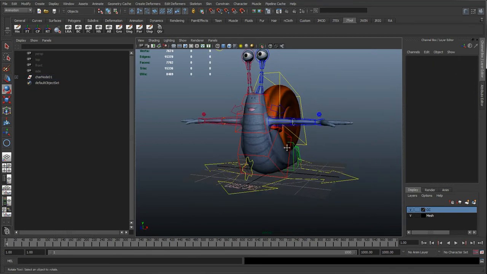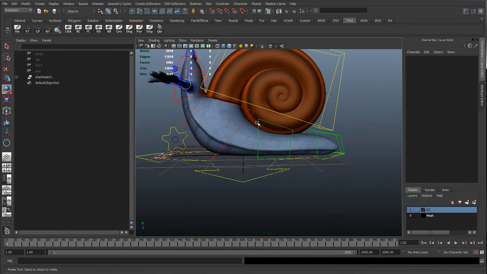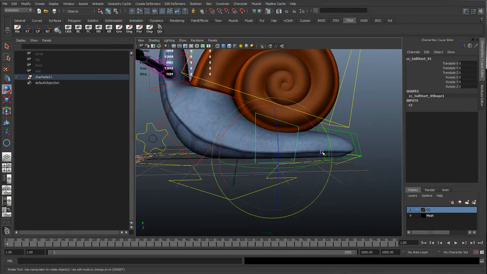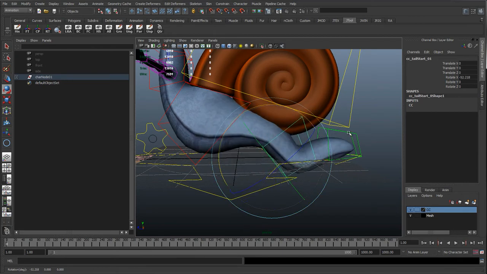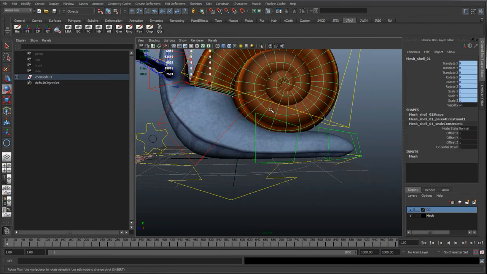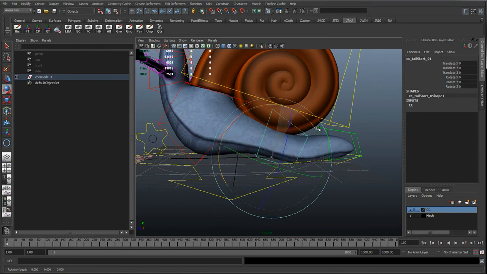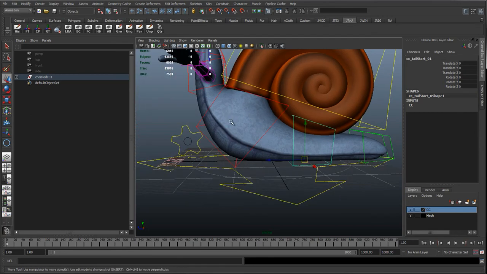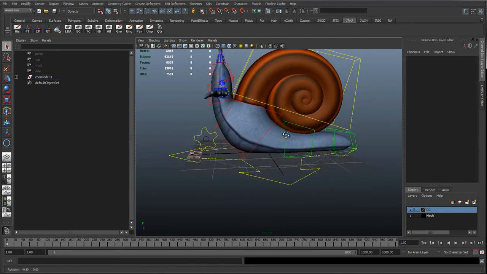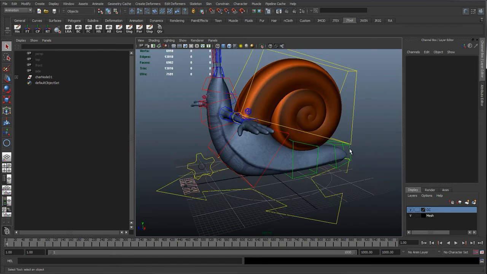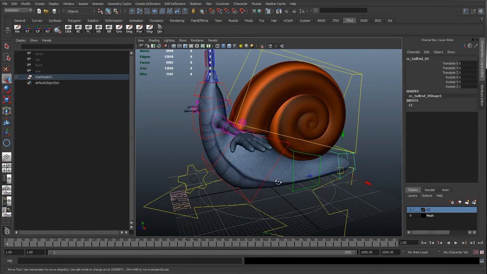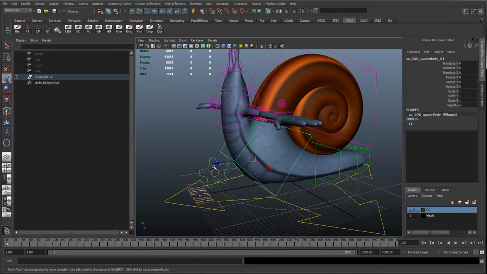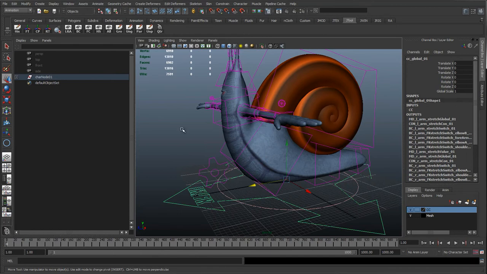Just check everything's... And again, we could add another cog control for the tail, so you can see how the end of the tail doesn't follow the start of the tail. We could add another cog control down here, so we can get the entire rotation of the tail rotating around the chest if we wanted to. But for the animation for this, it's not going to be too complicated in the tail, so I'm probably going to leave it with just the front cog control. And then if we do want to move everything together, we can just use the global control.